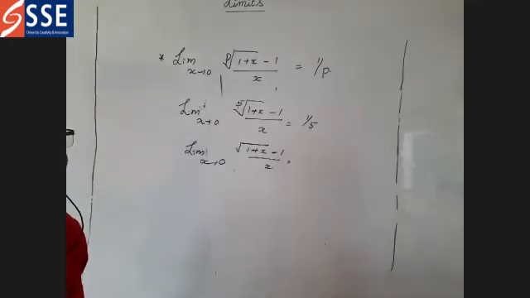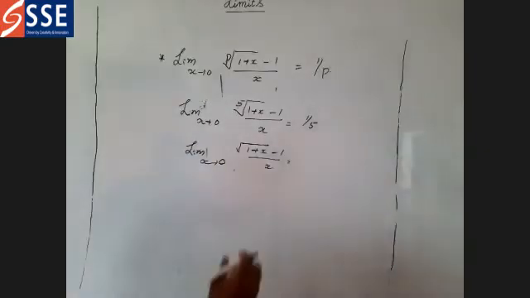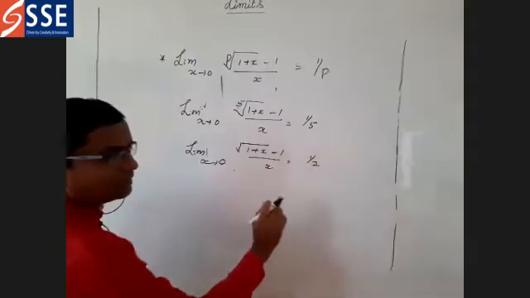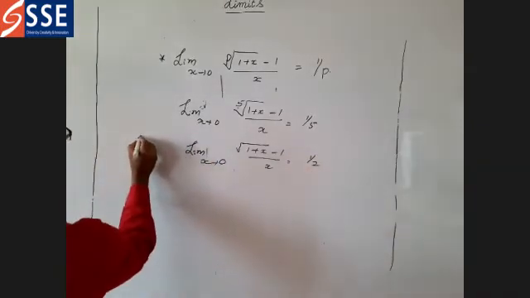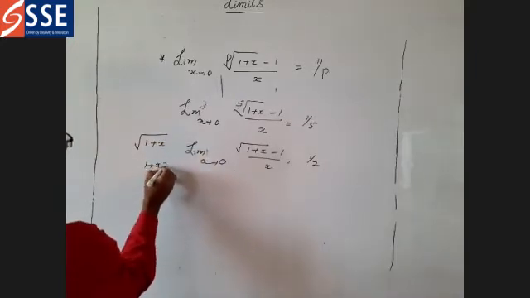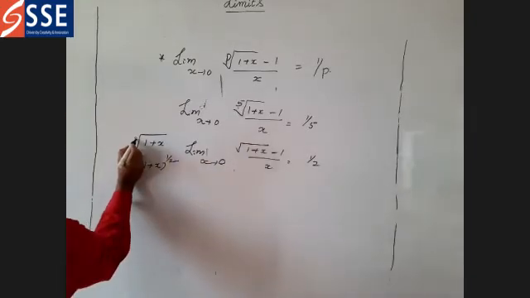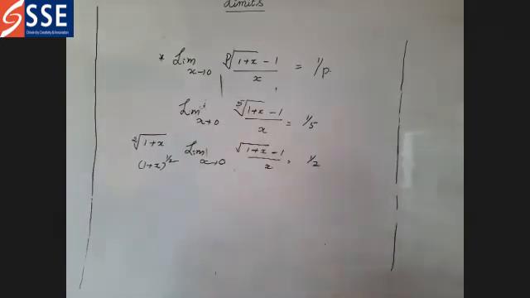Remember here, ma. See here. Okay, 1 by 2 is the answer. Why? Because remember this: we can call this the square root of 1 plus x. That means we can write this as 1 by 2 whole power. A square root is nothing but the 2nd root of 1 plus x. That is the meaning of it. Because we are calling it a square, the power is 2 itself. So the 2nd root of 1 plus x is nothing but the square root of 1 plus x.